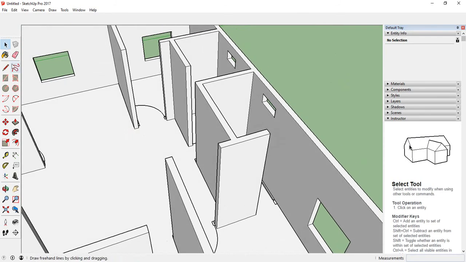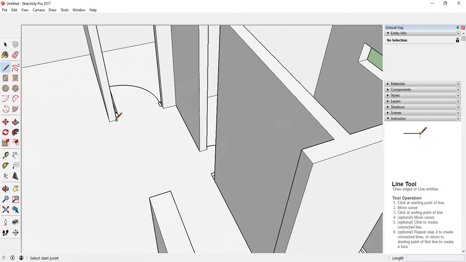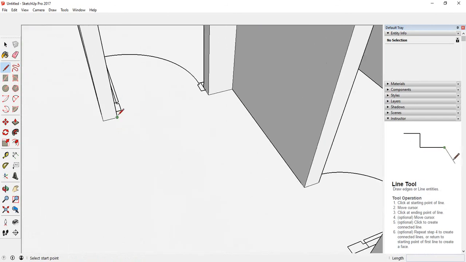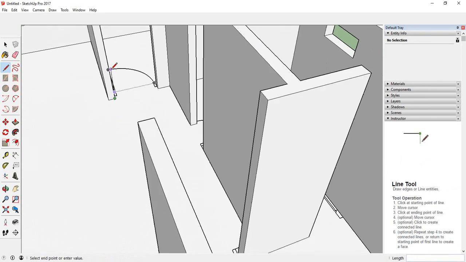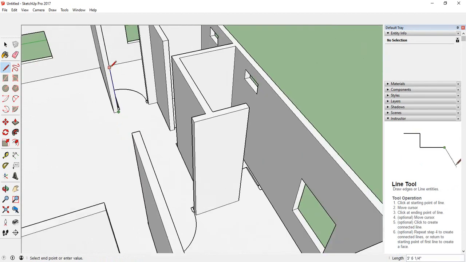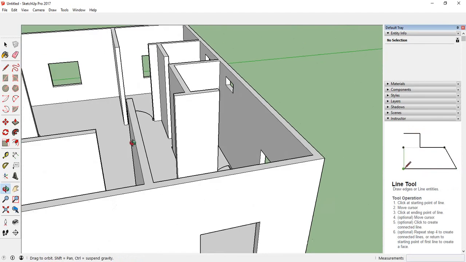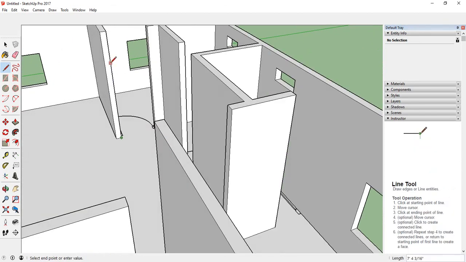So how? I'll just take the first pen or line. So from that point, from that point to the top direction, how much will be our door height? Suppose that will be 7 feet, okay, or 7.5 feet. Then feet sign, enter. When it's done,